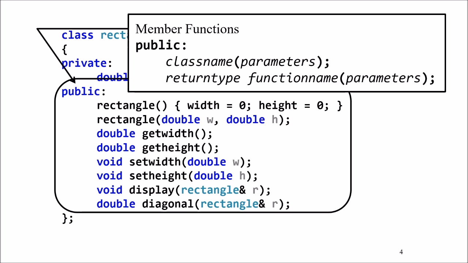I should perhaps say function name in that spot and parameters. But for a constructor function, the class name and the function name are the same. So those are the first two functions, and the remaining functions